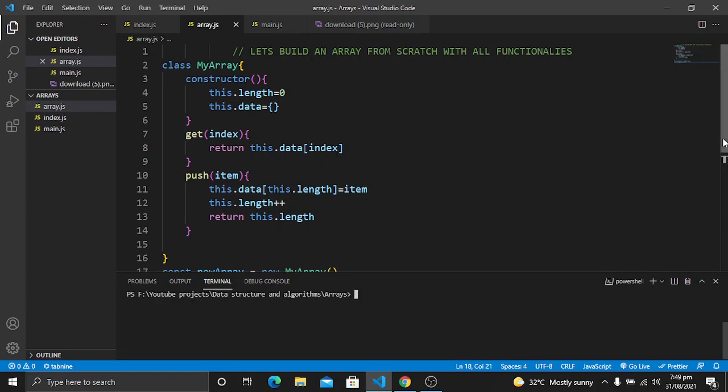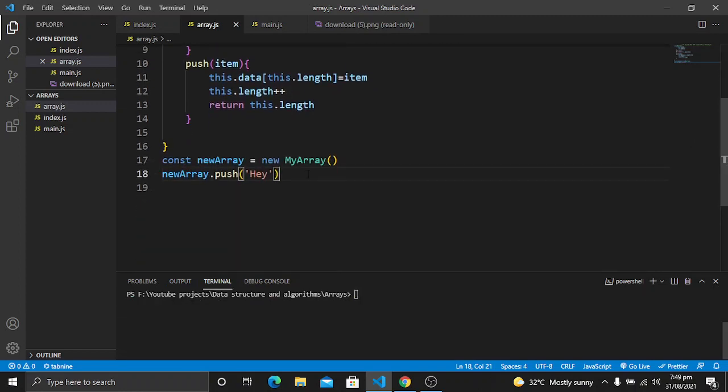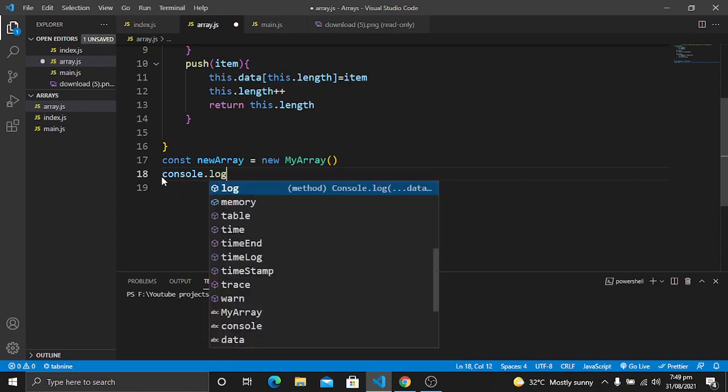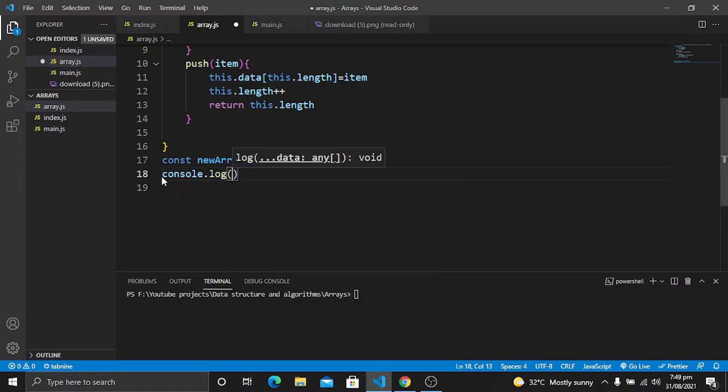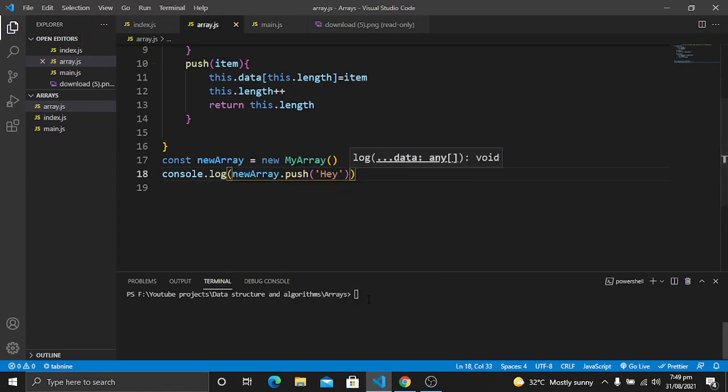So let's console.log, and now run this code, which is node array.js. Now you will see that this length has moved to 1.